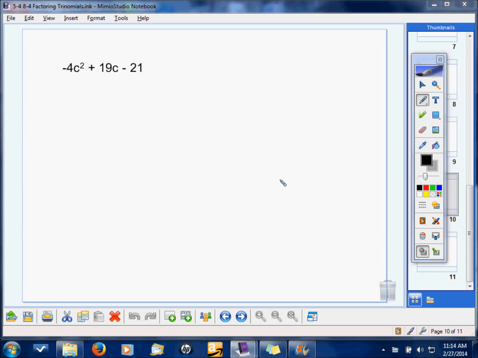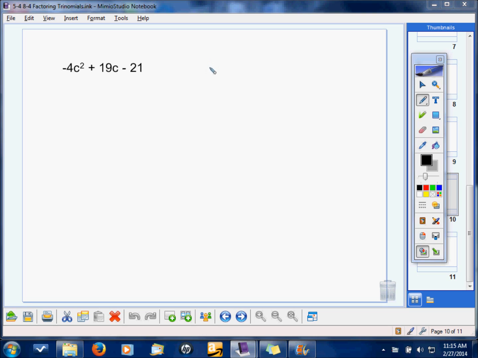We're continuing the lesson about factoring polynomials when the first term is not 1. Anton, what's the first thing we should check for? The number there, whether it's just 1 or another number. Okay, if it's 1 or another number, we should also check to see if there's anything in common. Good. So there's nothing in common here. There's nothing that goes into 4, 19, and 21. So that means,